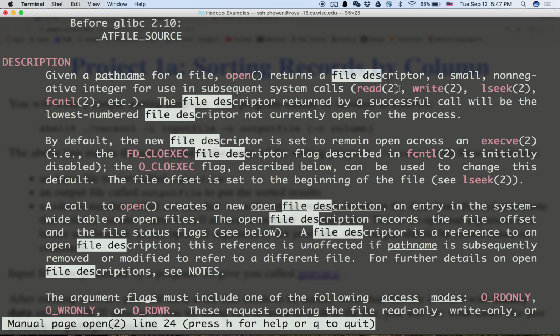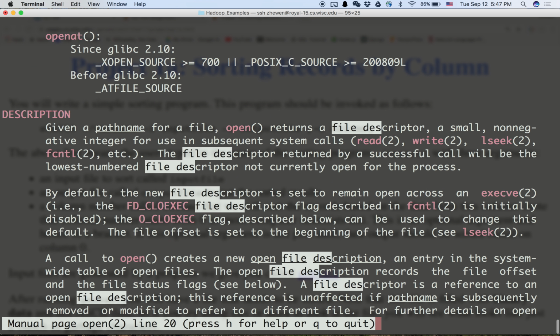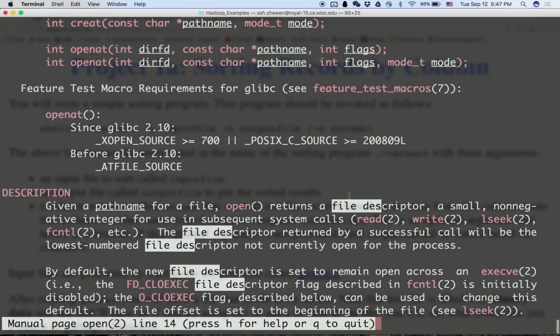You see, they all have the 2 in the parentheses. So 2 here is not the argument for read or write. It just means it's a system call. 2 means system call in this manner. Okay, so here read parentheses 2 means read is the system call. So it returns a file descriptor,